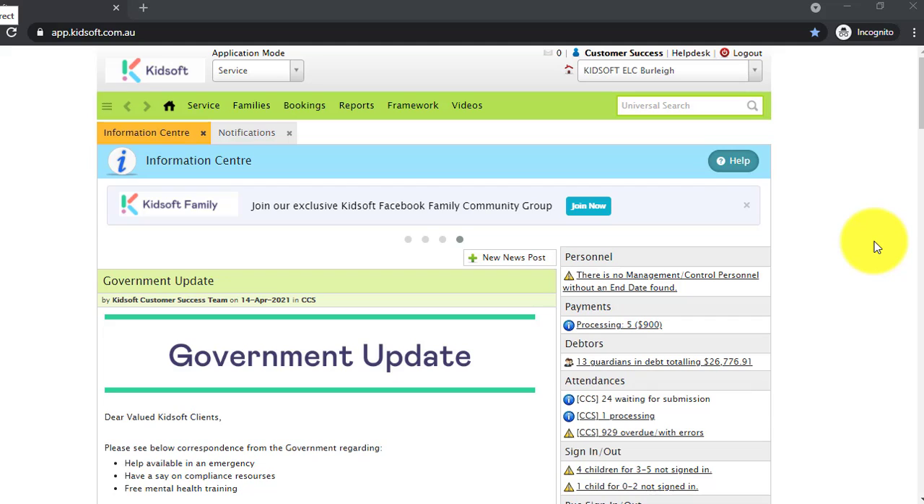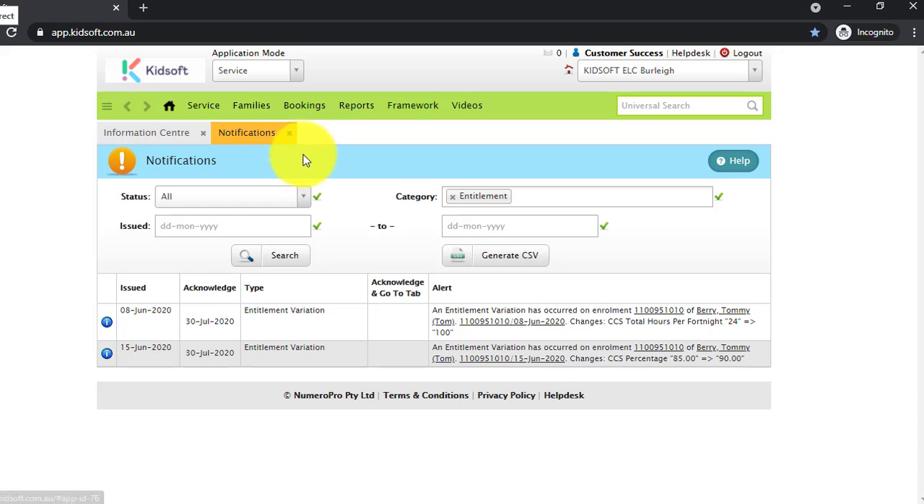Hi everyone, in this video I'm going to show you how you can view CCS entitlement variations by using the notifications and the CCS entitlement variation report. Each time a child's entitlements vary or have an update, you will receive this as a notification on your home screen. When clicking on the notification